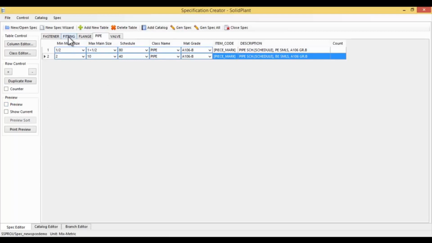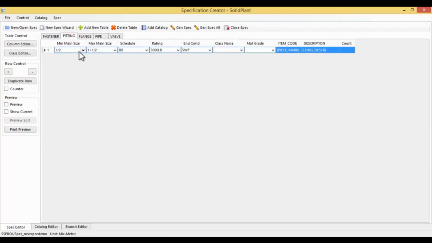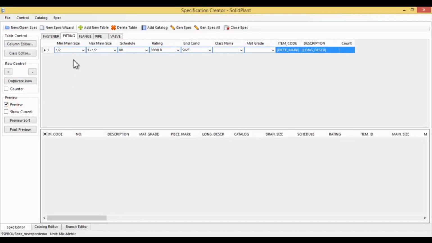Now we'll go to my fitting table. Once again, as in the other tables, I have 1/2 inch to 1.5 inch items. In this case, you'll see there are no items in the preview table. I have essentially filtered everything out from the available catalog items. So what I will do here is remove the schedule. I will leave these as they are,